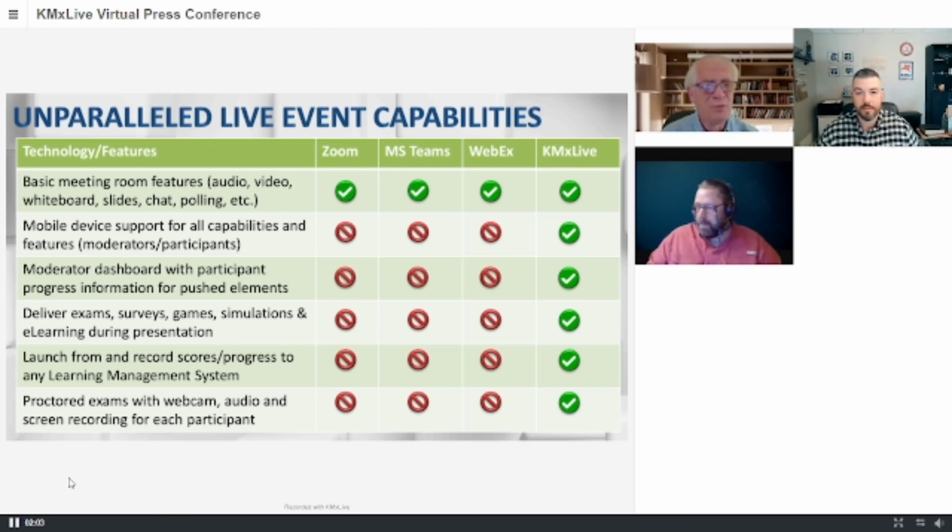The Moderator Dashboard that we've built is quite extensive. We're going to be covering it a little bit later on, and it provides not only information about the participants' scores and progress, but it also lets you know if they're actually paying attention. It lets you know how they're doing on anything that you've currently got in front of them. If they're having problems or struggling with a simulation, an e-learning lesson or an exam, you will know that through the Moderator Dashboard, because it becomes very specific when you have something in front of the participant or student to do.